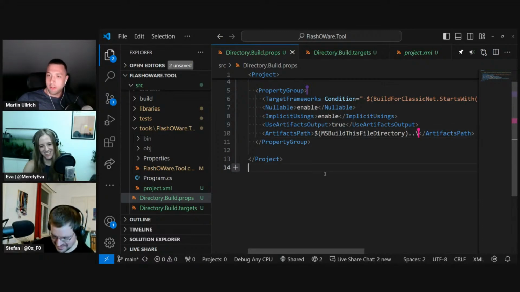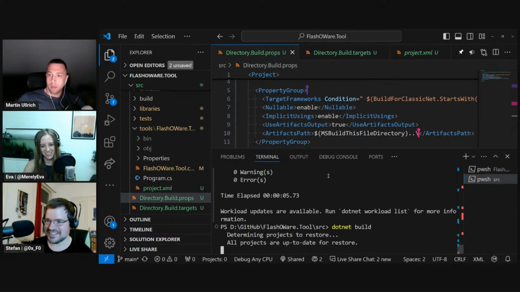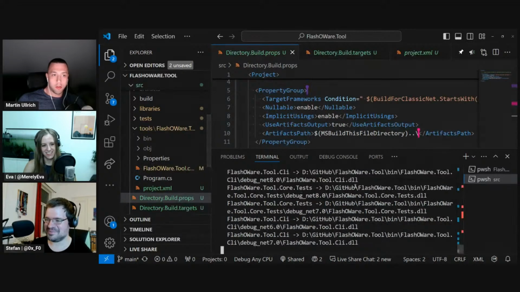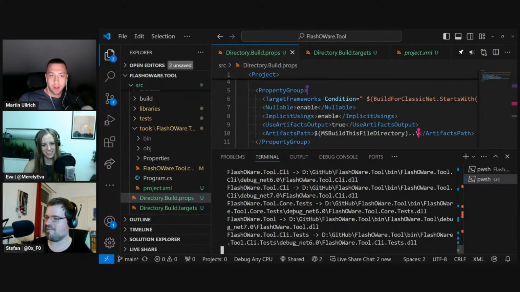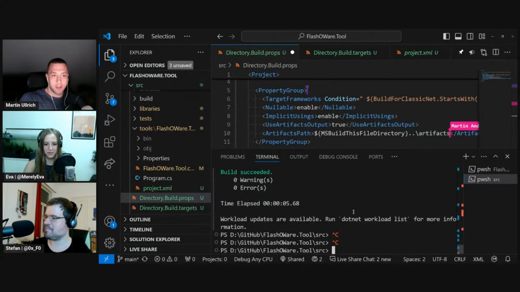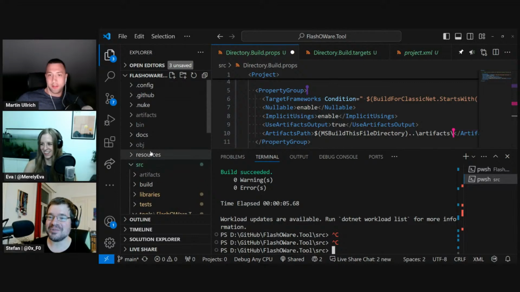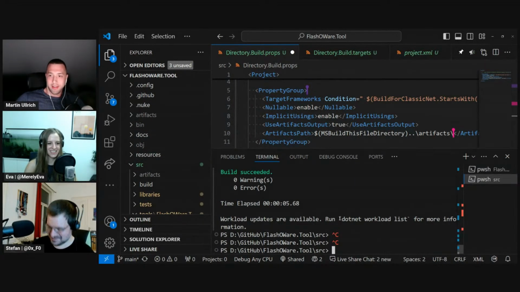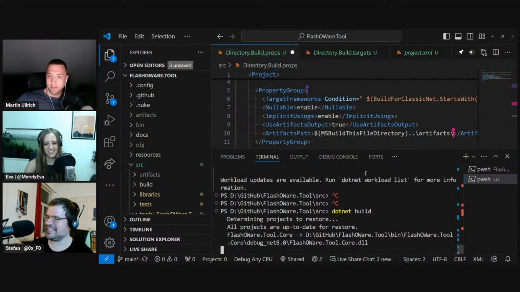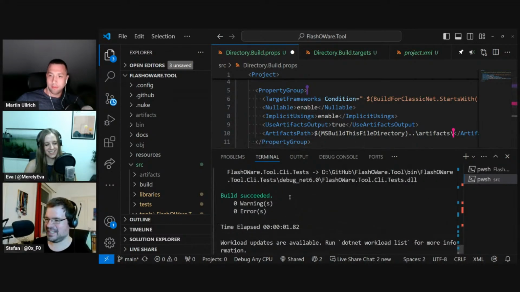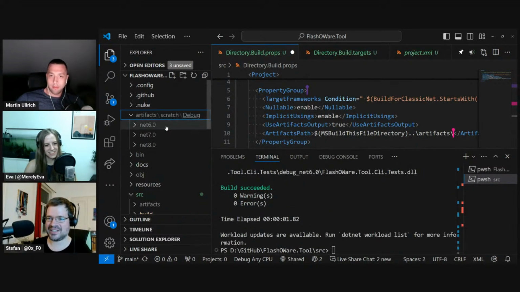This is cool, .NET build. And maybe we should also put artifacts in here. Yes, we now always keep bin and obj. Well, this is how it works. And now in our artifacts, there is no